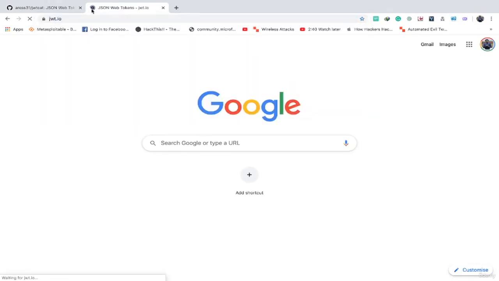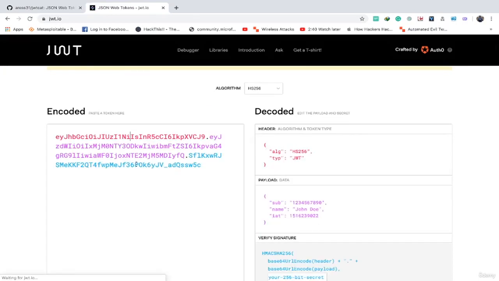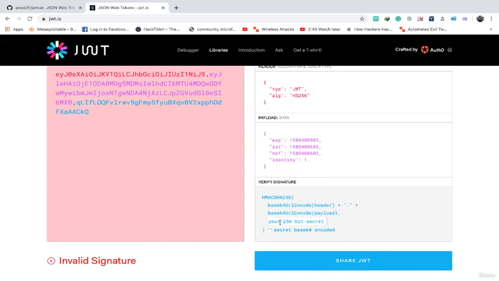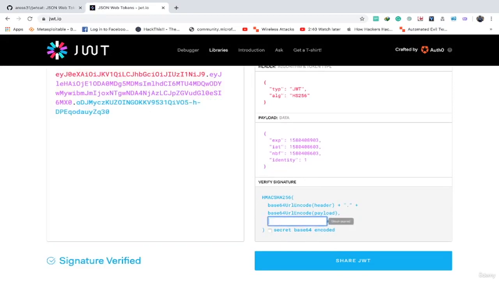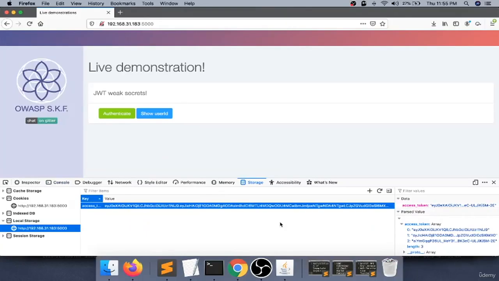jwt.io, perfectly all right. And there you can embed. So you can directly get this one. Now your 256-bit secret, so it's just a secret. SECRET spelling is correct. Let me check. Yeah, it's perfectly all right. Now